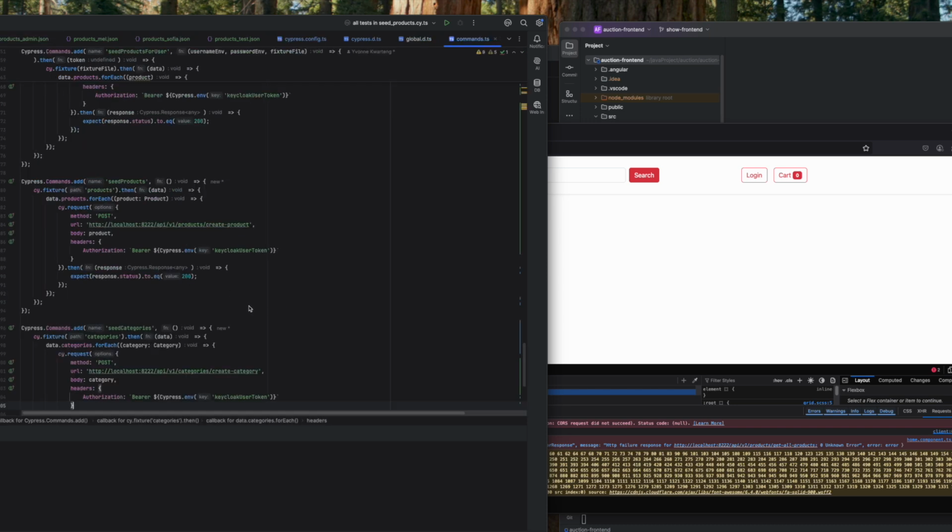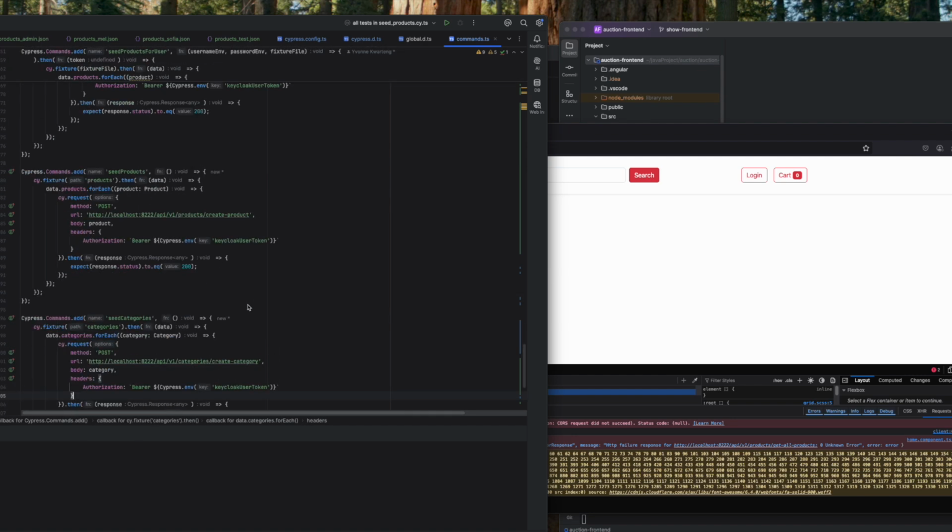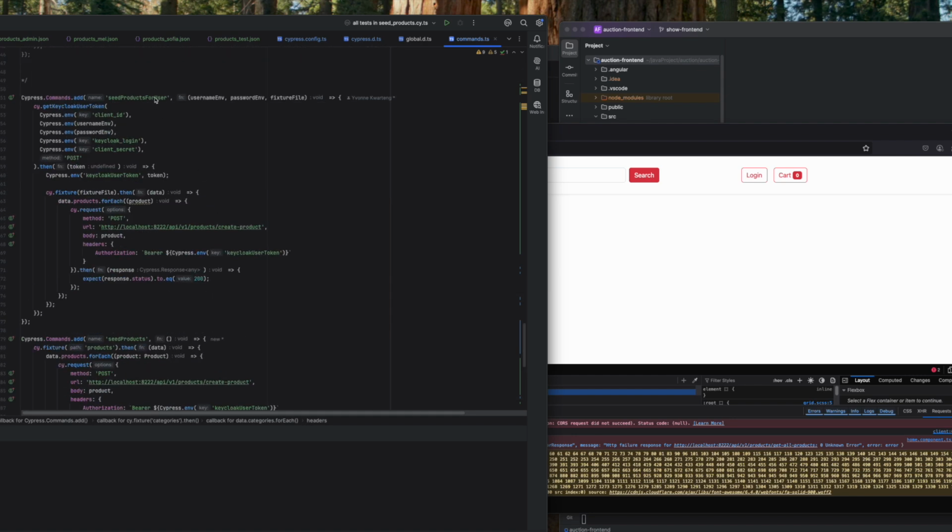Can we go back here? Seed products for users. So it's not that one. Seed products for users. And then we are getting the credentials details from Keycloak as usual, and then the Fisher files, and obviously all the things that we need, we are passing on. And then